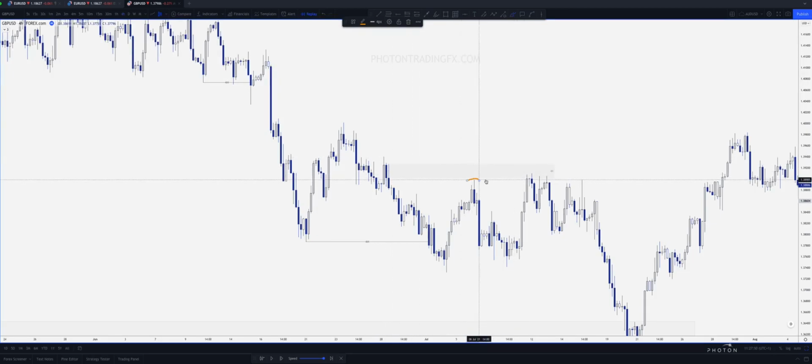We know that's now very likely going to be inducement, and then we can look for our entry models within here to now run all of this sell side liquidity, right? That's building up below these lows, below the trend line, to then target that next swing leg to the downside. Okay, so let's actually take a look on the 15-minute chart and see how all of that